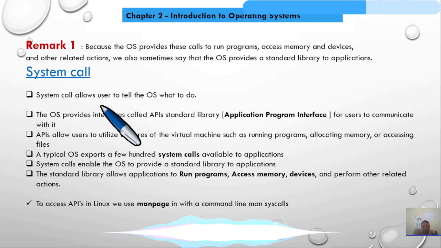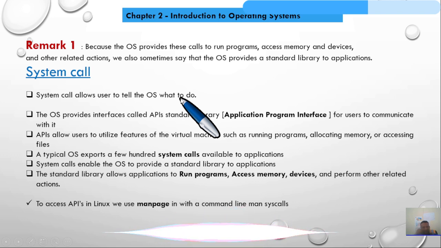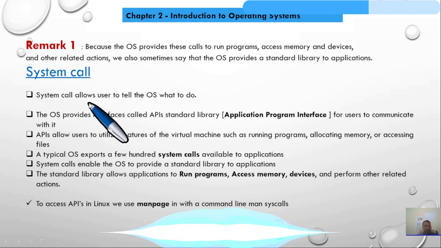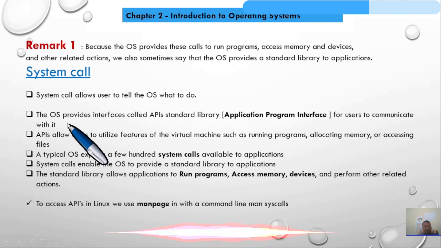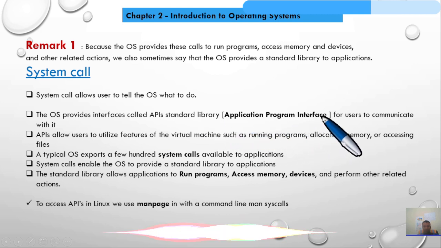To access the utilities in the operating system, the user should use a system call. System calls allow the user to tell the operating system what to do, and the operating system provides an interface called APIs, the application program interface, for the user to communicate with it.